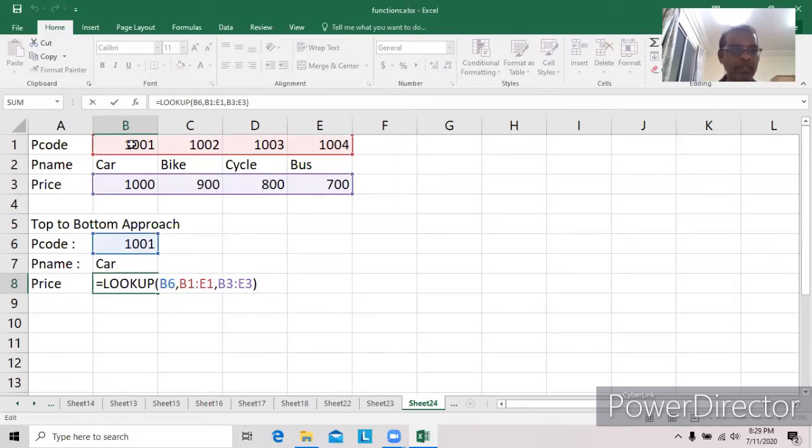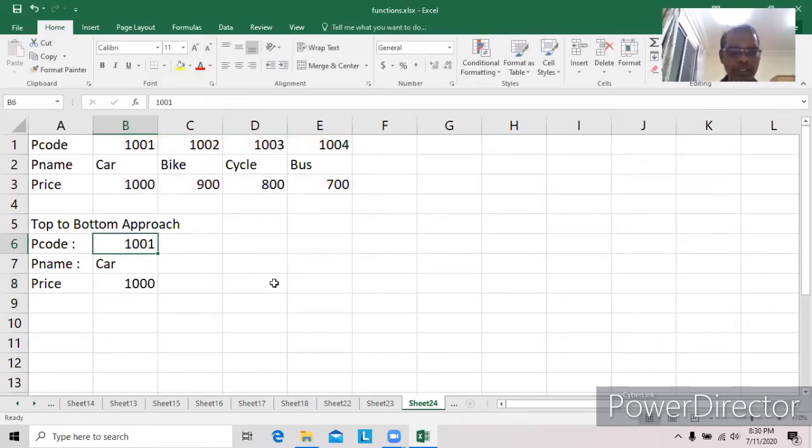If the exact value is found, then the same column will be considered. The value available in the same column with the row from B3 to E3 will be displayed. That means same column, row B3 to E3, that is 1000 will be displayed. Here also we can change it to 1002, 1003, 1004. Here also the values in the lookup row should be in ascending order.